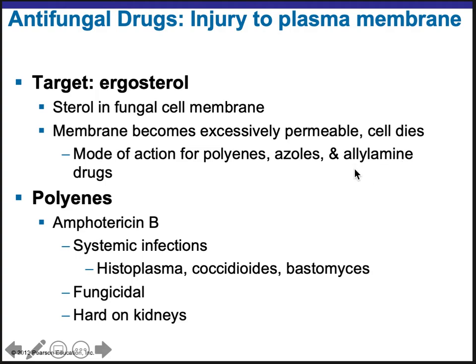allylamines. Okay, so for polyenes, our most popular drug is Amphotericin B. This is typically given through an IV. This is going to be for patients that are hospitalized. They have a systemic infection. Most of these infections begin as a respiratory infection, and in normally